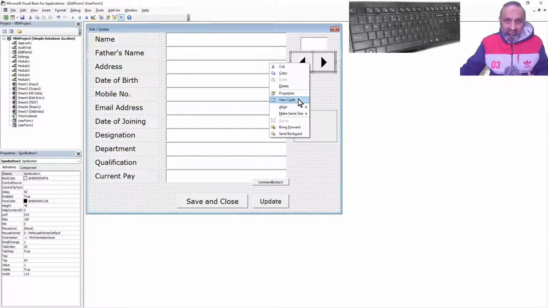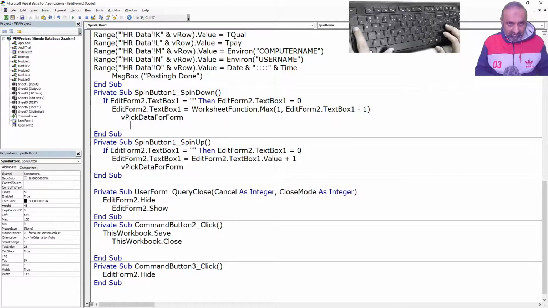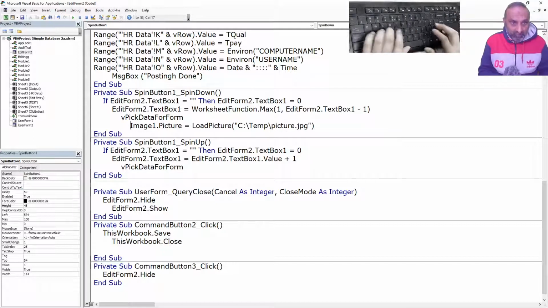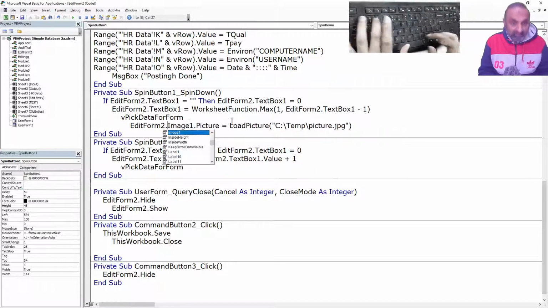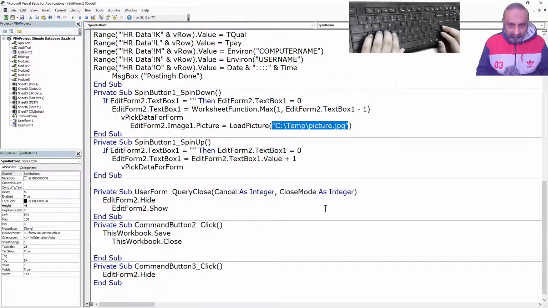So let's go and see the code. Once the data is picked, then the image should be updated. So for image one, it's always better to refer to the form. Edit form 2 was the name, dot image 1 dot picture is equal to load picture, and now we are going to tell which file to be picked, right? So it is very simple now. The file to be picked is